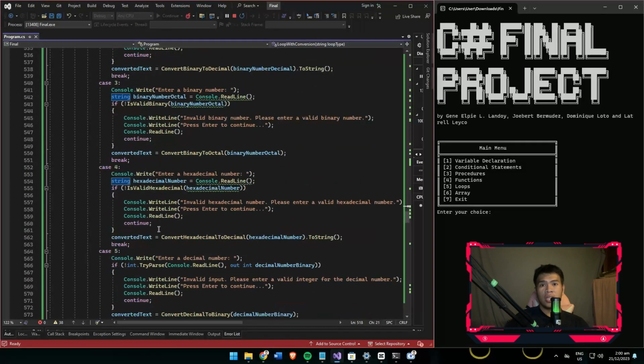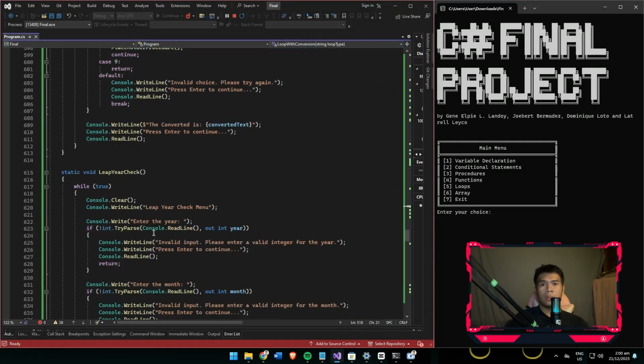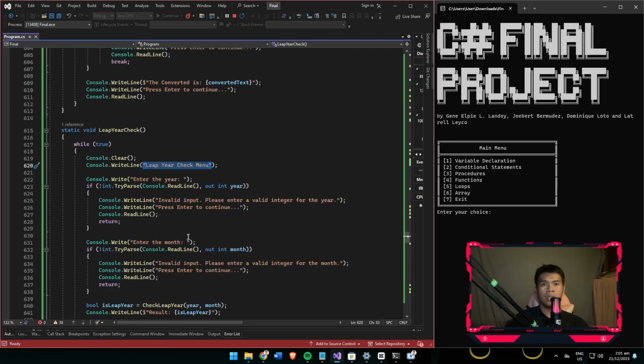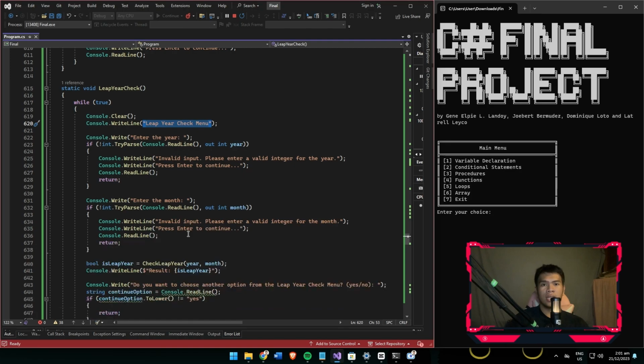These functions enable the users to check if the given year is a leap year. It prompts the users for the year and month, then checks whether the provided year is a leap year based on the provided month. It returns a Boolean value indicating whether the given year is a leap year or not. For the loop,